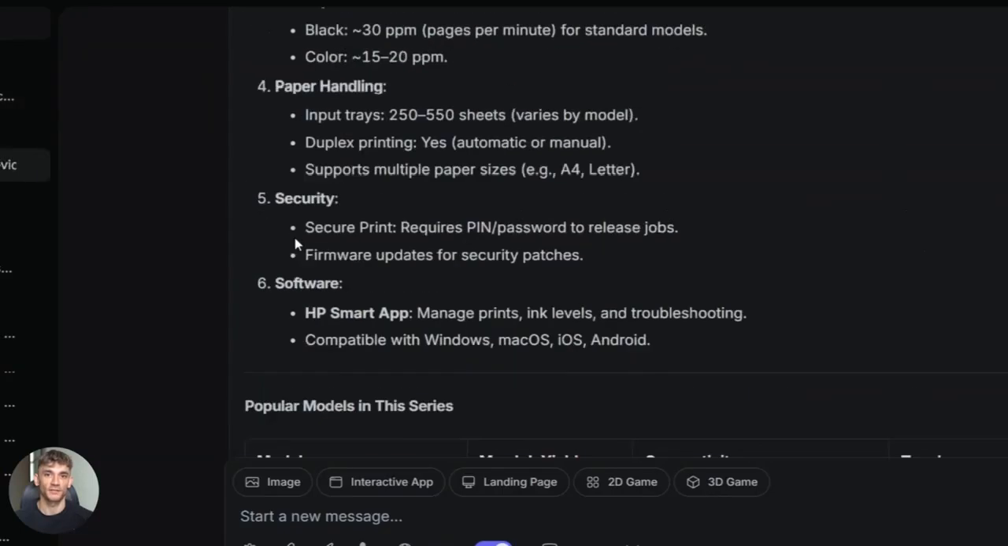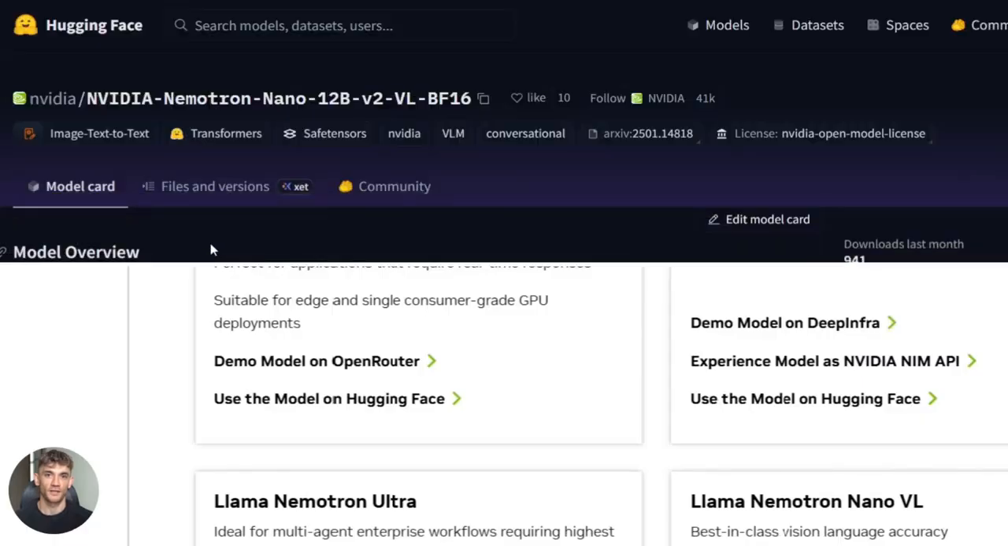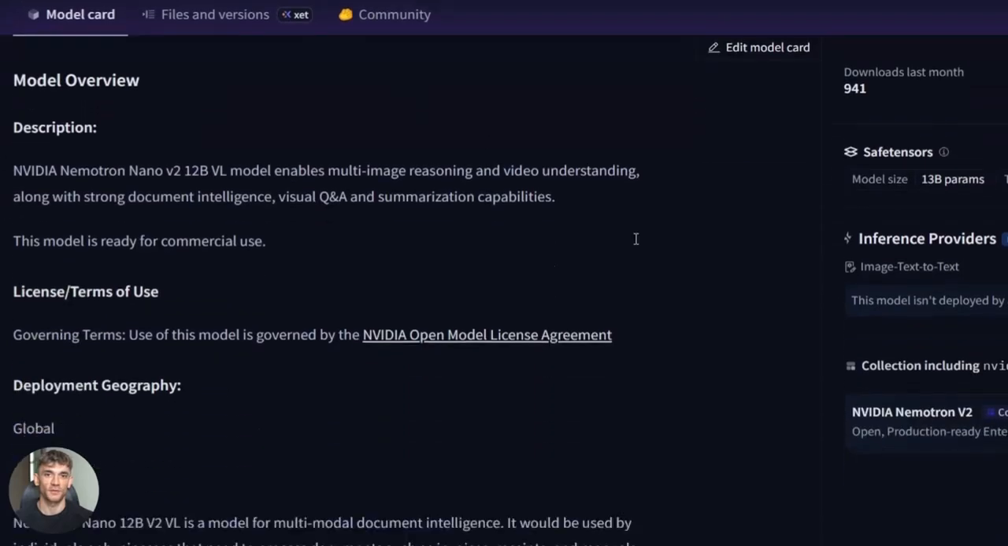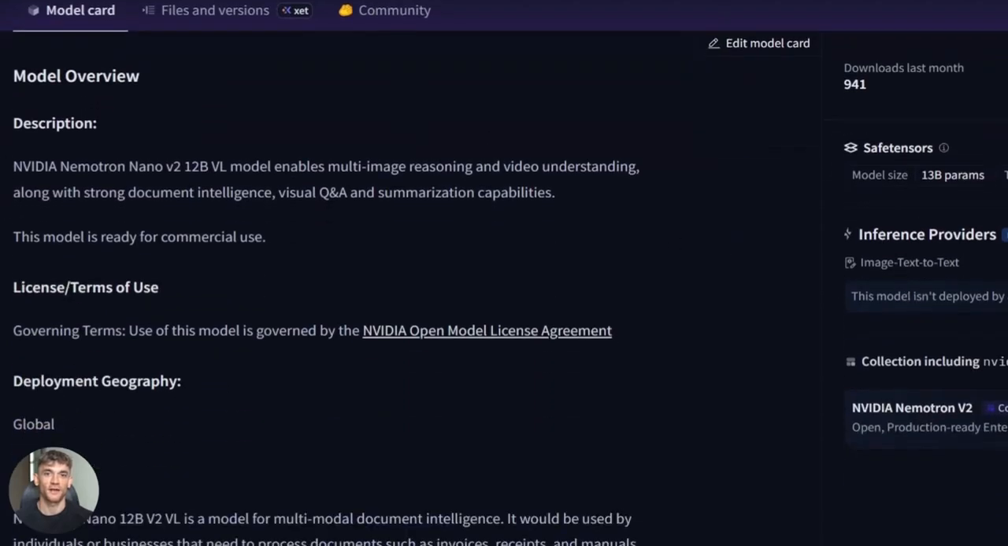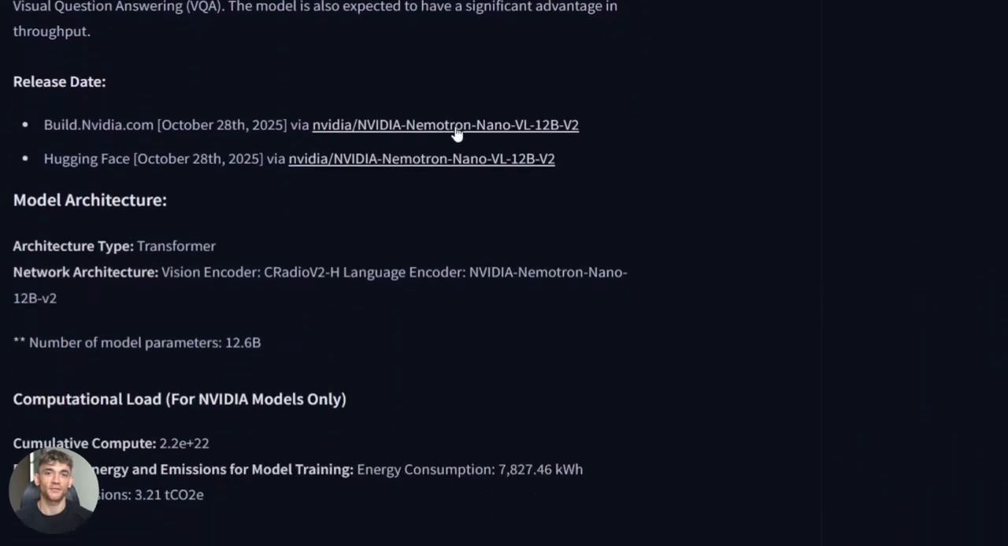Quick rundown on running this. For testing without setup, go to OpenRouter or Nebius. They have Nemotron hosted. Start making requests immediately. For running locally, go to Hugging Face, find the model repo, clone it to your machine, install the requirements. There's a requirements.txt file. Run pip install -r requirements.txt. Then run the inference script python run